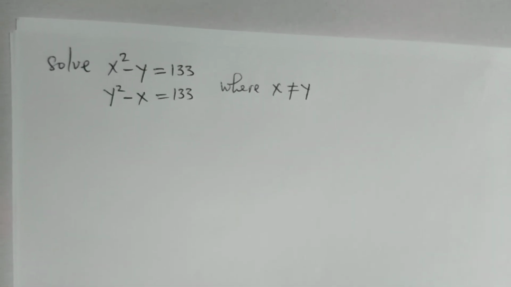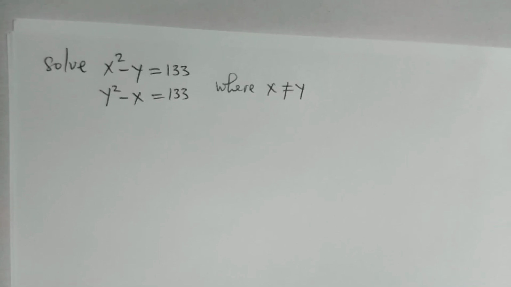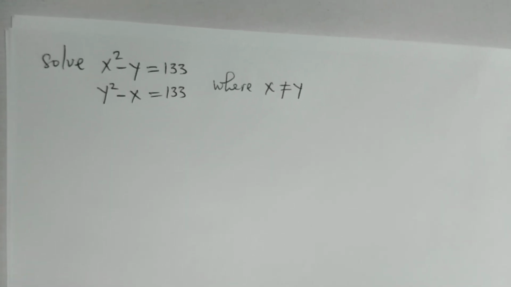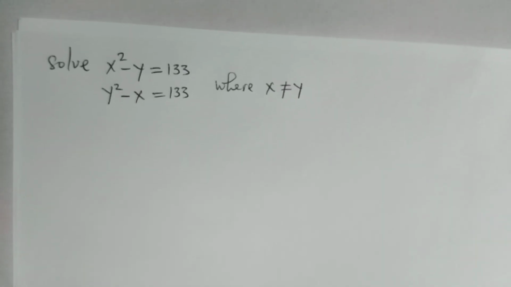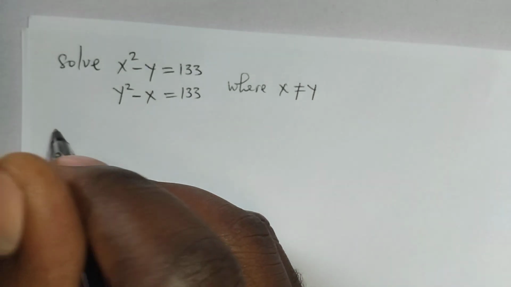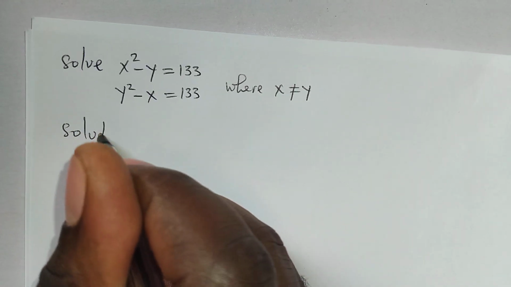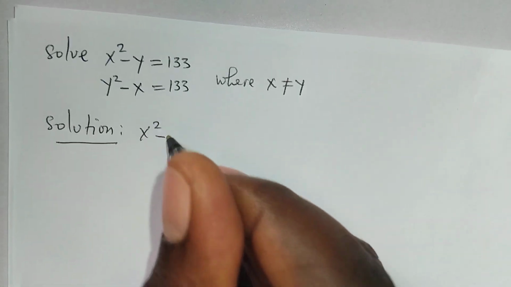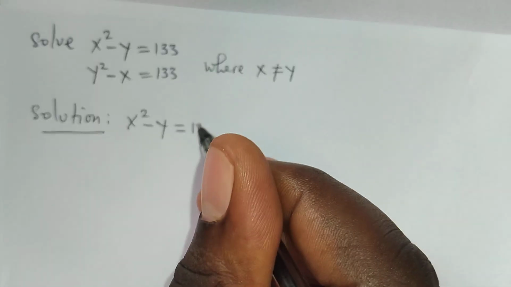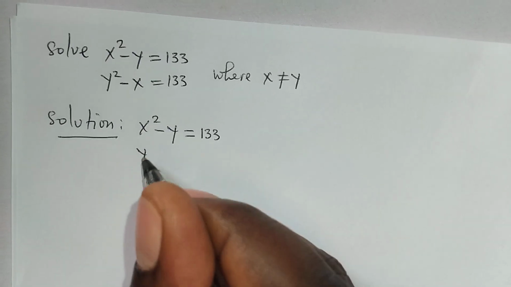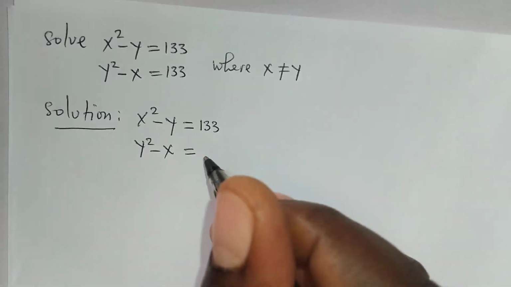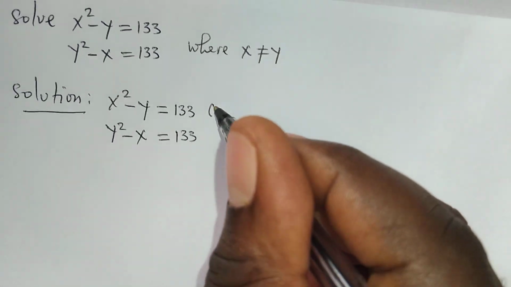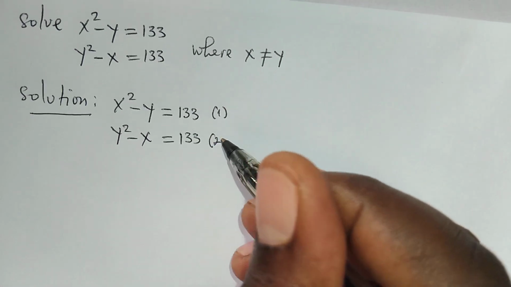x square minus y equal 133 and y square minus x equal 133, where x is different to y. Solution: x square minus y equal to 133, y square minus x equal to 133. Assuming that this is equation 1 and this is equation 2,